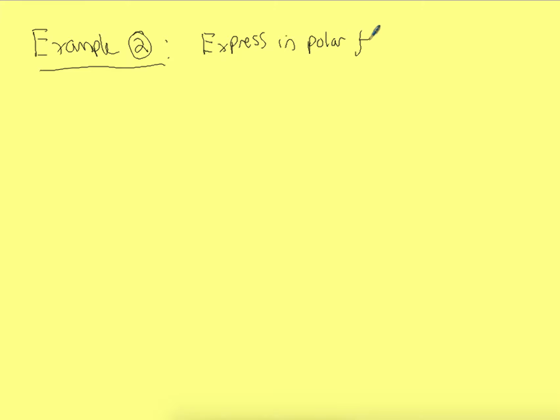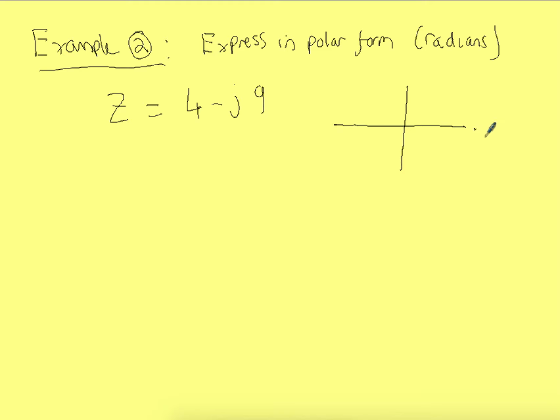Right, example 2. And last time I suppose we'll do radians. Right, so Z equals 4 take away J9. So first things first, we get a diagram, we don't even need to write imaginary and real on it, it's just for us. So 4 along would be that way, and 9 down would be so it would look like that,